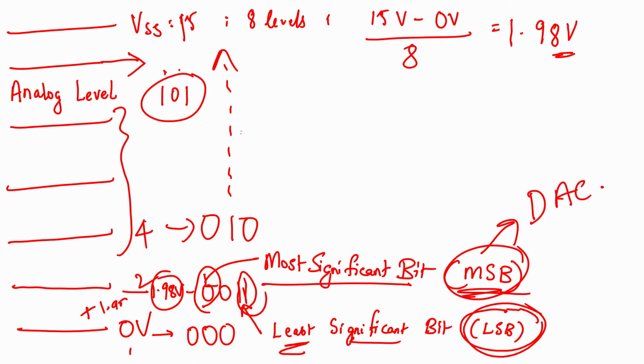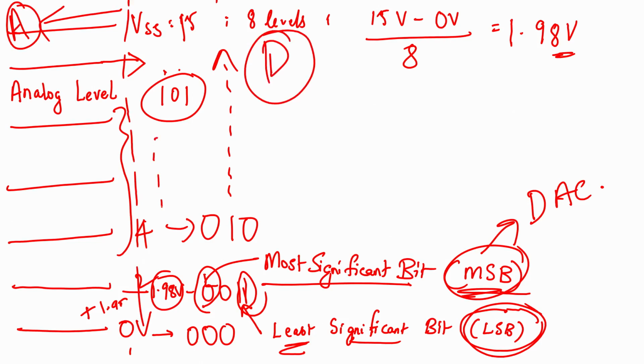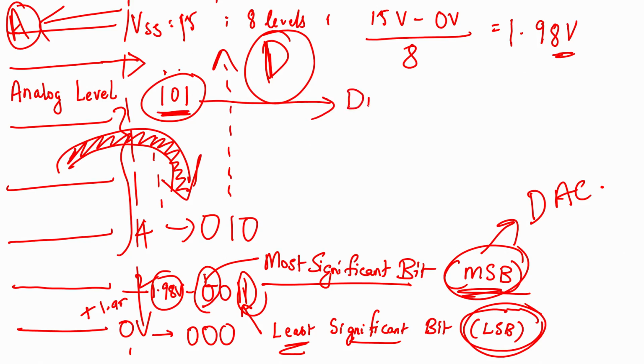So what are we studying now? This is analog domain, and anything left of this is your analog domain. This is your digital domain, correct. So here you have your digital bits. So now we are converting from analog to digital. So we have a set of bit sequences. Each of these bit sequences is called a digital word. So this is what you call a digital word.